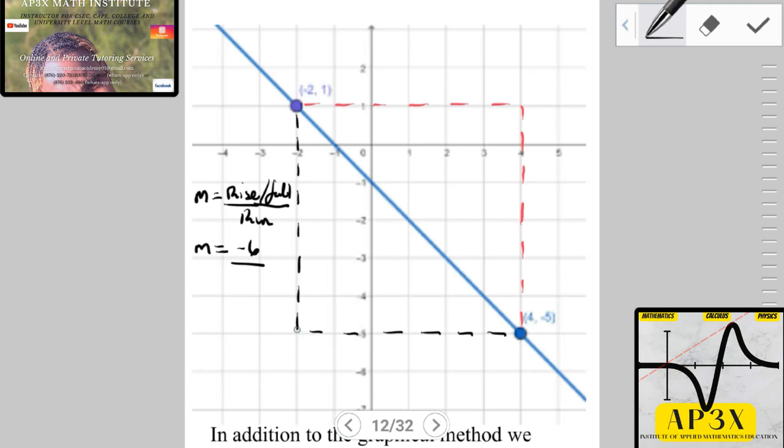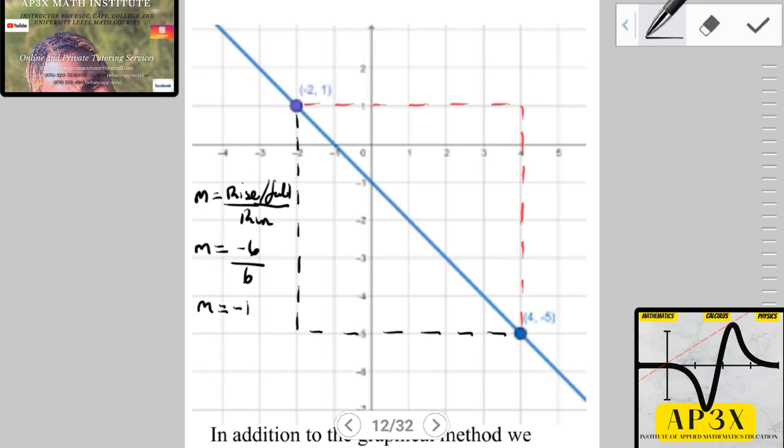And the run here, I'm going to run towards my point. So I'm running to my right. All right, so I'm falling. So that's -6. And I'm running to my right. So that's 1, 2, 3, 4, 5, 6. So I'm running +6. So when I divide -6 by 6,